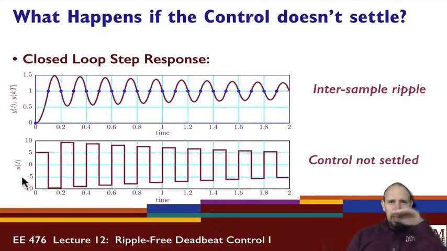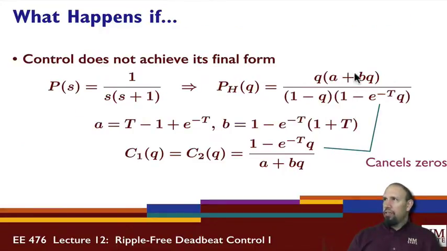The control signal has not settled to its final form. The control signal should settle to a constant. But notice it hasn't. It's got this oscillating sequence that's decaying, but it's stable. That is, it's decaying, but it's not settled. It should have settled here, and it didn't settle here. So that is a consequence of canceling zeros in the transfer function. So in general, what we don't want to do is any cancellations